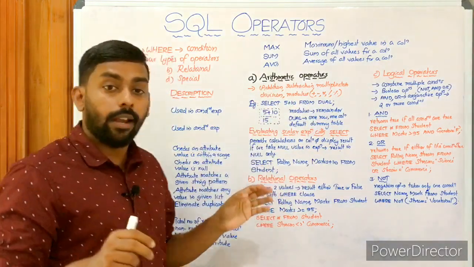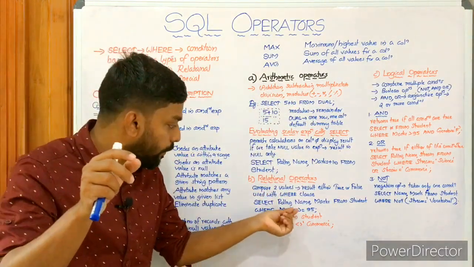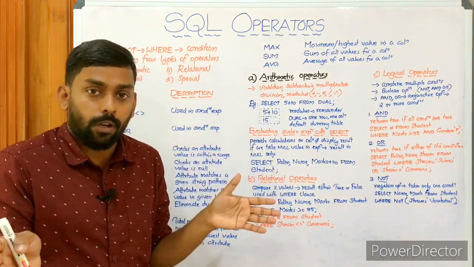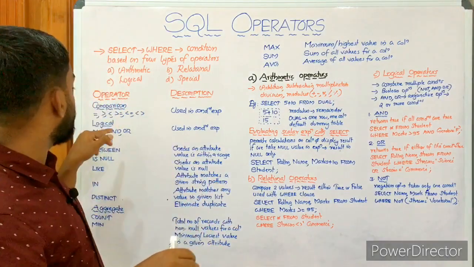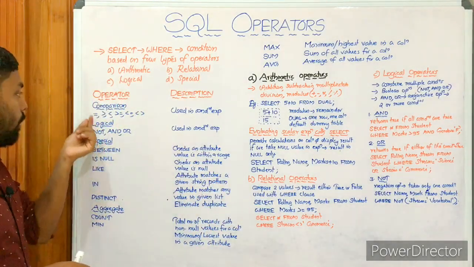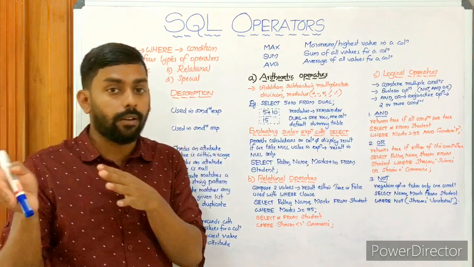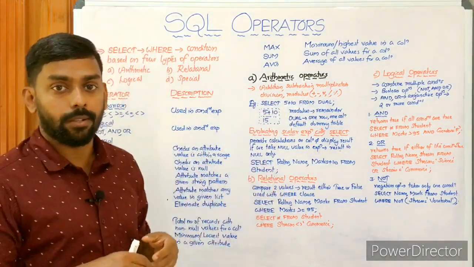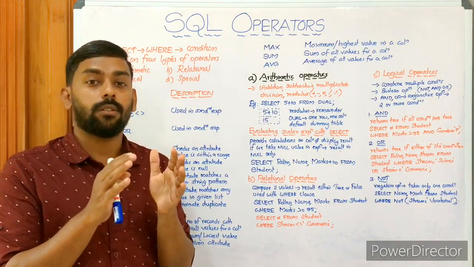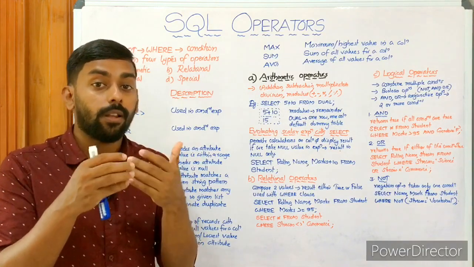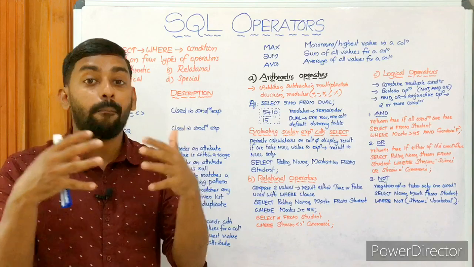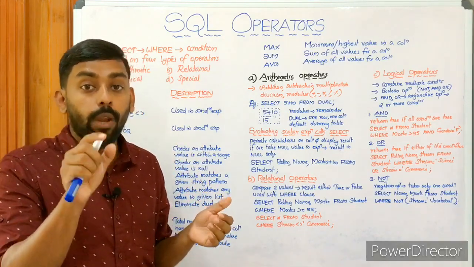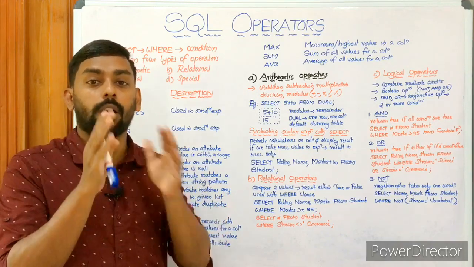Okay, so these are the relational operators. We have worked with two operators, greater than or equal to and not equal to. All the operators here belong to comparison: equal to, greater than, less than, and so on. Then logical operators. What are logical operators? Logical operators are used to combine expressions, and they are also called Boolean operators. The operators are not, and, or.